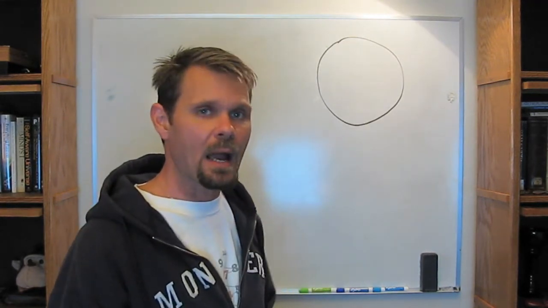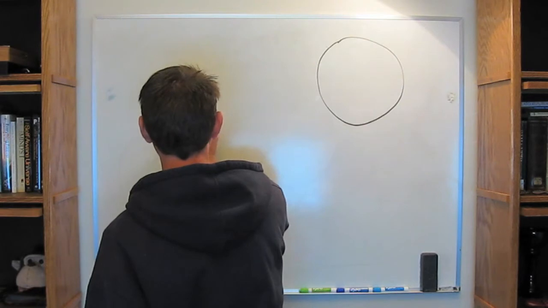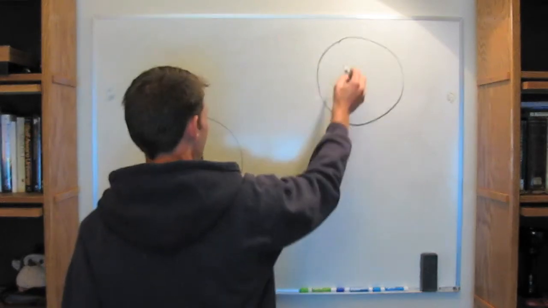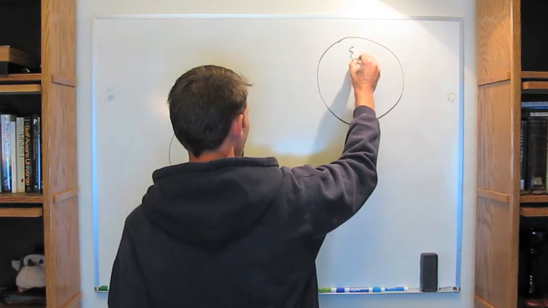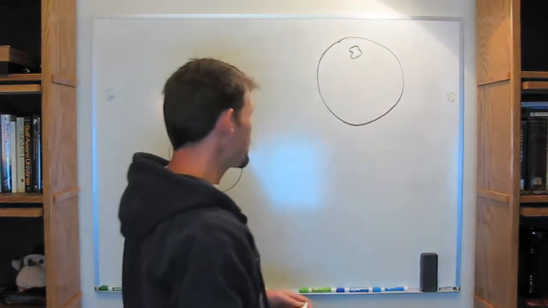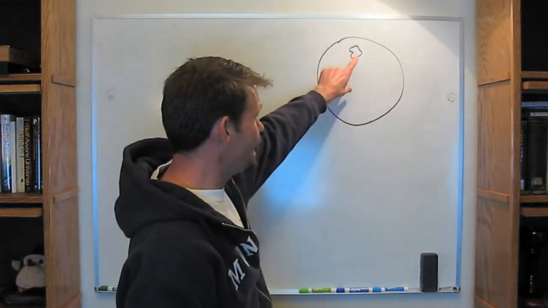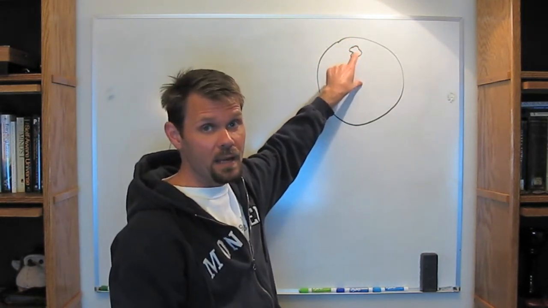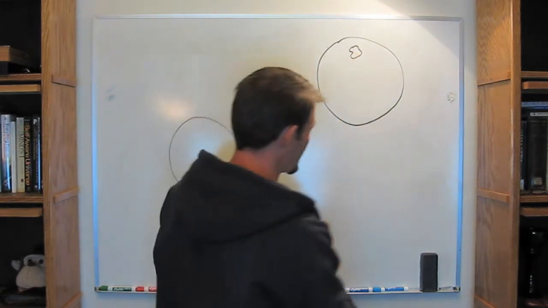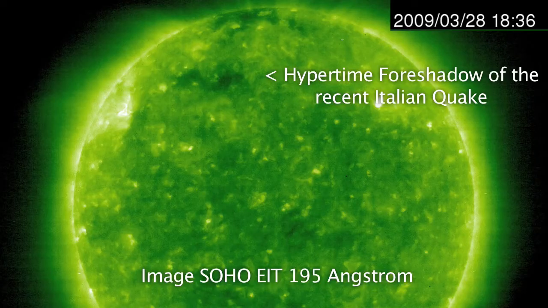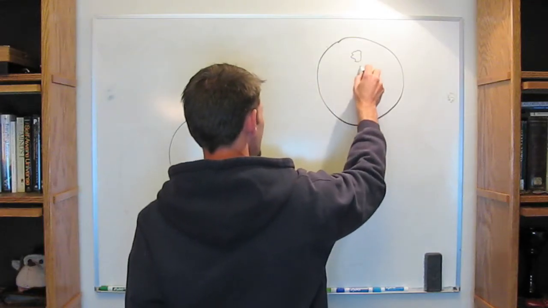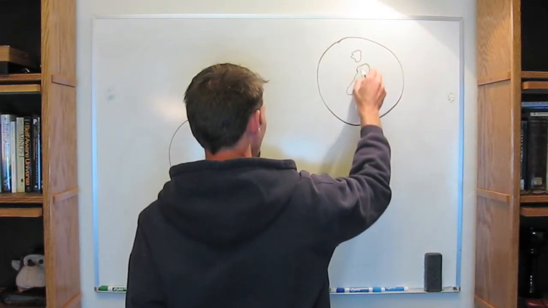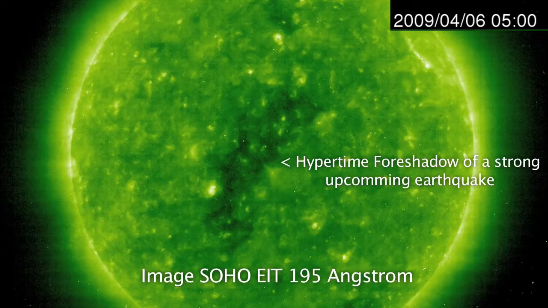As far as mapping hypertime, the hypertime mapping between the sun and the Earth, if you're talking about, for example, the coronal hole that was on the sun several days, a week before the Italian earthquake, there was a coronal hole that represents that earthquake and its aftershocks. I'm drawing this a little bit high, it wasn't quite that high, but the coronal holes that are up here are tricky, because when you see one at this latitude, it's not nearly as large as, for example, the one that you see right now that's near the equator. The equatorial ones are larger because of